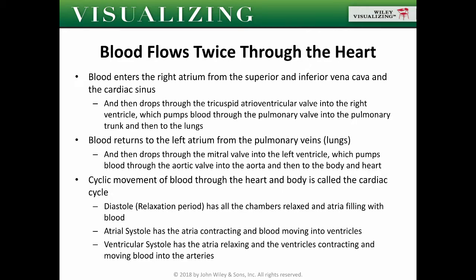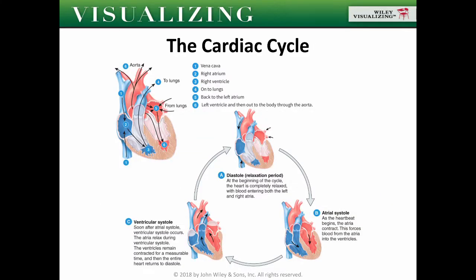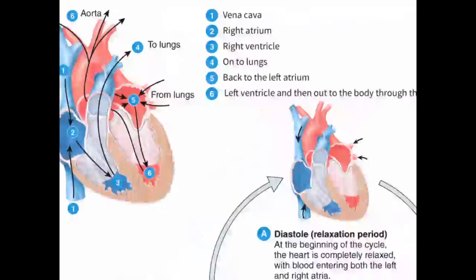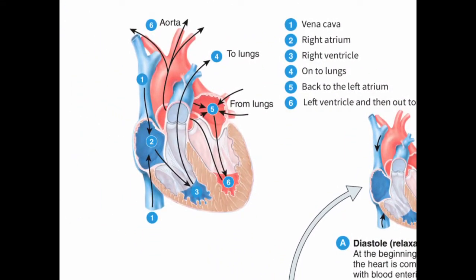Actually, it's better to just look at this in the illustration. So this is your cardiac cycle. Blood enters here, this is the superior and inferior vena cava, and this is your right atrium. It enters from the vena cava to the right atrium, and then the right atrium pushes it to the right ventricle, and then the right ventricle pushes the blood to the lungs through the pulmonary